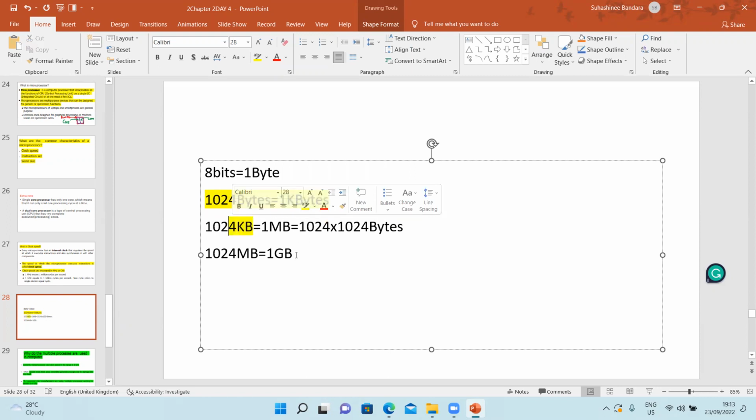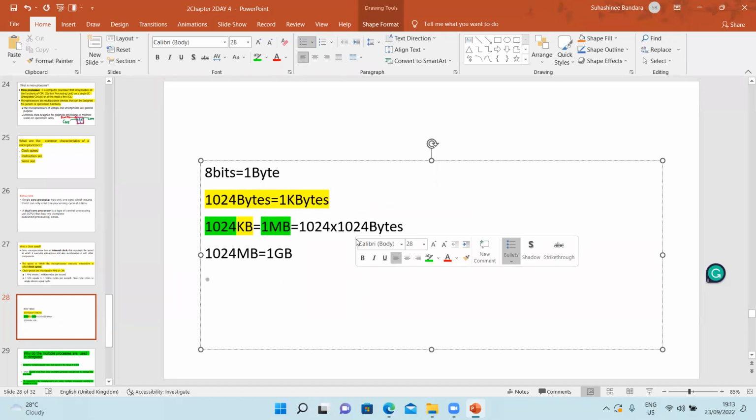So there is 1024 inside the KB. Then here I'll take it another column. Okay? So 1024 KB means 1 megabyte. We can represent this one with the